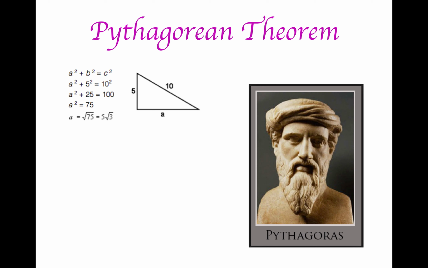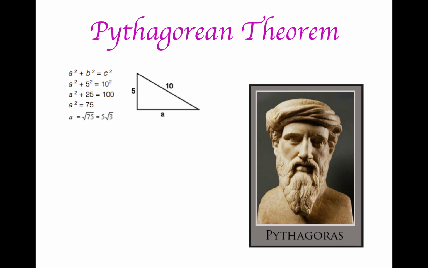We have a squared plus b squared equals c squared. We have a leg, which is 5. We have the hypotenuse, which is 10. Again, they've given us the drawing, so we know that this is the hypotenuse. If they didn't give us the picture, we may not know if 10 was the hypotenuse. It is the largest of the numbers they gave us, but with this picture, we know that it's the hypotenuse. So I'm going to plug in the 10 for my c, and you'll see I have 10 squared there,